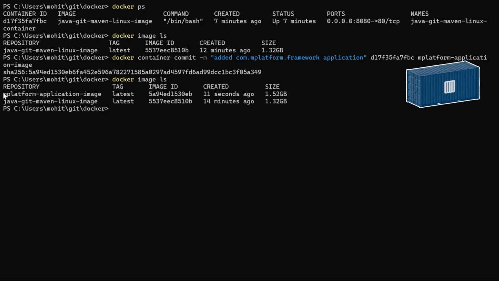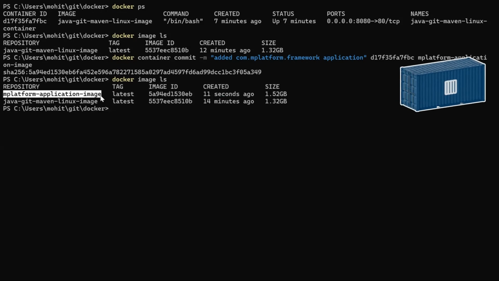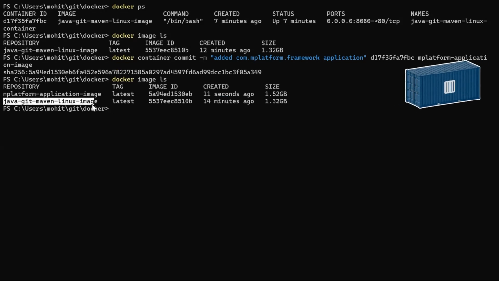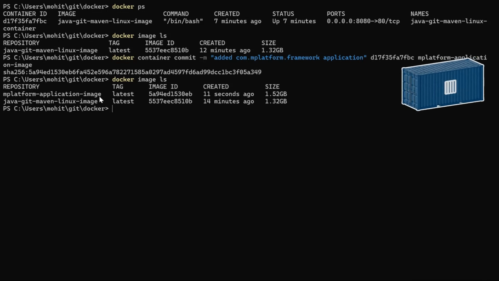See, I got my application image here. So now I don't even need this image because I already have it in my local. I can always use this image whenever I want to run this application or make whatever modification I want to do. If I want to see the layering part of this image, I have to say